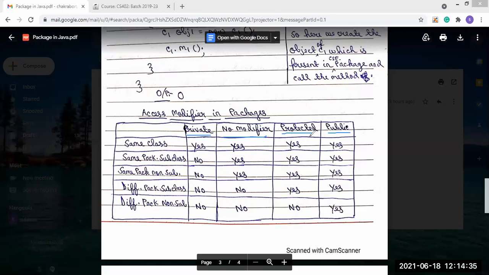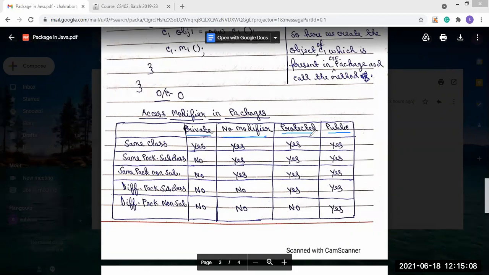So a question can be given like this: can the protected access modifier be accessed outside the package? When you answer this type of question, this concept should be very clear, because conceptual questions like this can be given. So always remember this table.